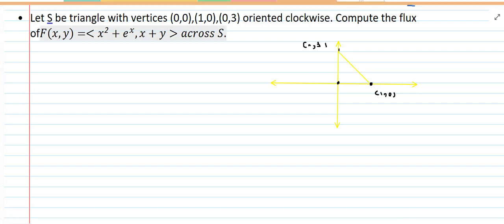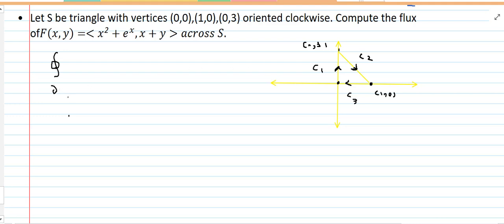And this is oriented clockwise according to the example. So it means that clockwise, first we come here and then here, and this is the direction. We have a triangle with sides C1, C2 and C3. To compute the flux according to the Green Theorem, we have the integral over